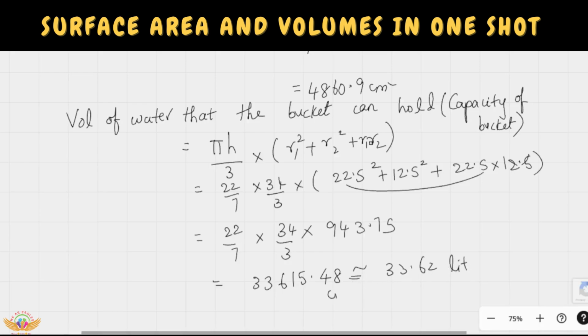Why liters? Because it is in centimeter cubed. So these are the top questions. Not only this, so many other questions might be given, but the concepts are the same. Just read the question, visualize the question carefully, analyze it and attempt the question. In surface areas, the main part is the formula and the substitution and solving part. In the calculation part, be careful. Try to calculate approximately and do the values. Thank you.